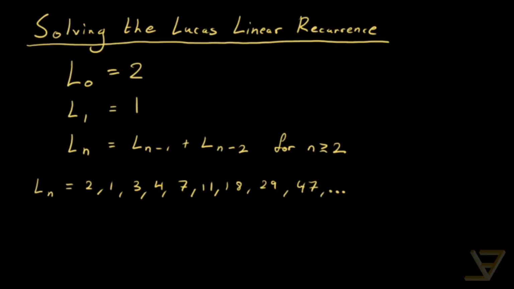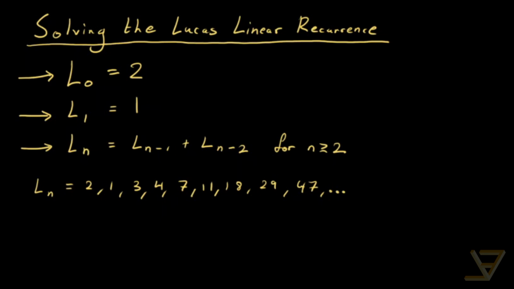Hi everyone, let's talk about solving the Lucas linear recurrence. We have this sequence of numbers where the zeroth number, L0, is 2, L1 is 1, and for all numbers in the sequence after that, so L2 and beyond, Ln is equal to Ln minus 1 plus Ln minus 2. So the first few numbers of the sequence are 2, 1, 3, 4, 7, 11, 18, 29, 47,